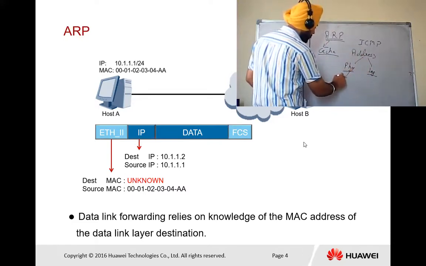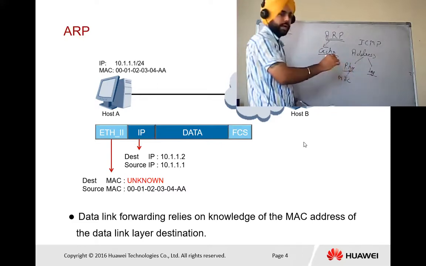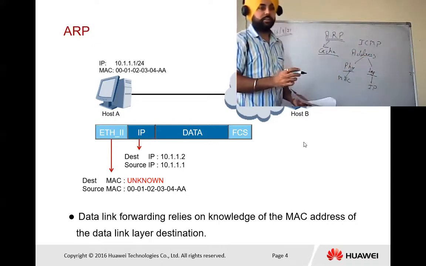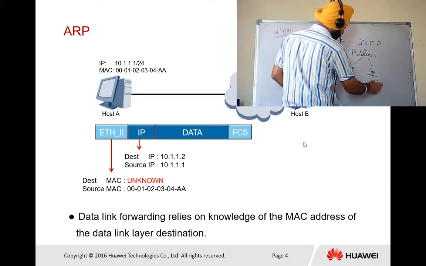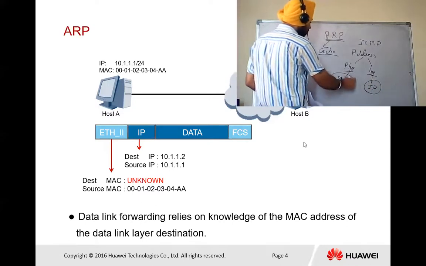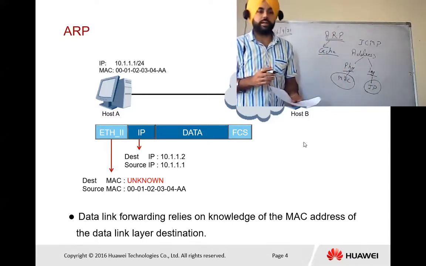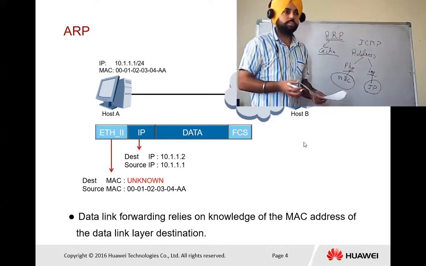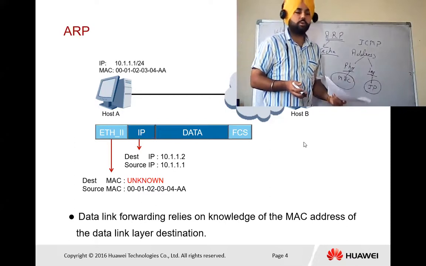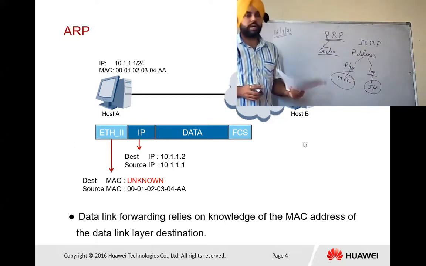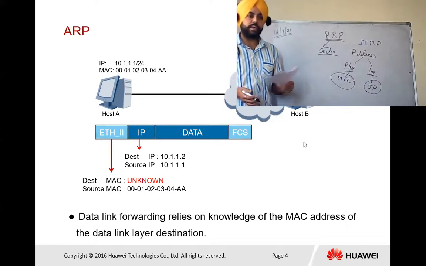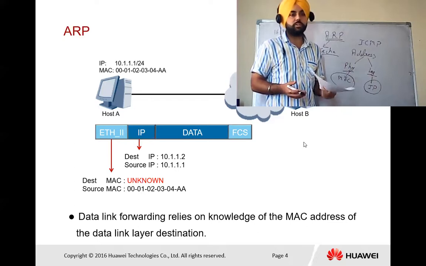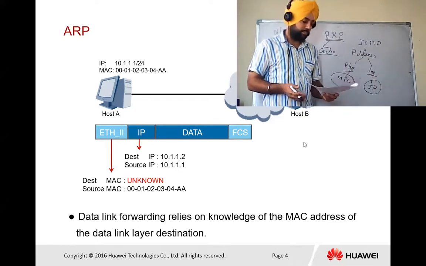Physical address means your system's MAC address, and the logical address is your system's IP address. We can change our system's IP address, but we cannot change our system's MAC address. We can change a temporary MAC address with the help of different software, but we cannot change the system's MAC address permanently, because it is your physical and permanent address.